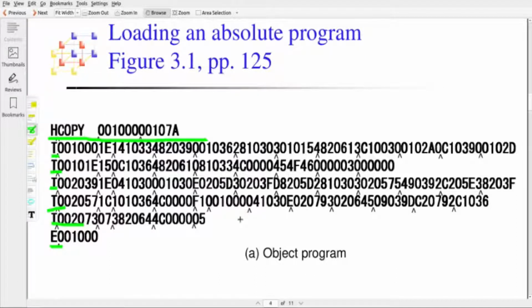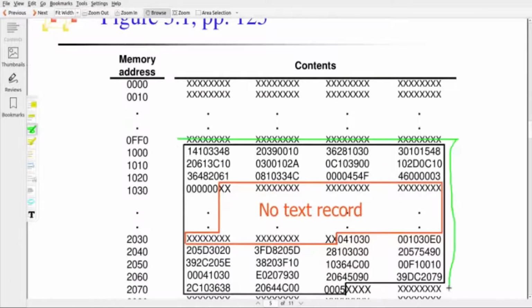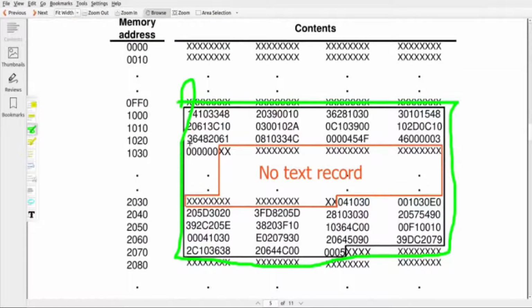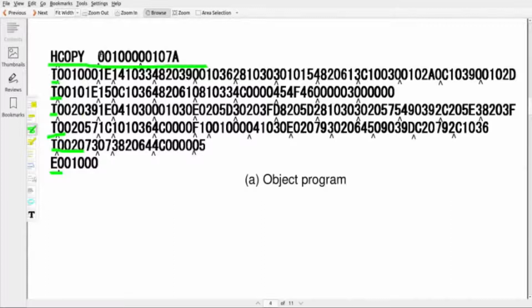There is no information about any relocation and no information about linking. How do we load this object program into memory by using an absolute loader? Let us see. This is the source program information that we have loaded into the memory, and we can see that in the object program itself we have mentioned it starting at memory location 001000. That's why the end record also contains the starting address 001000.